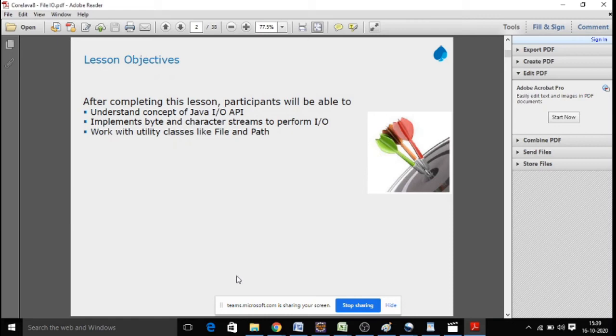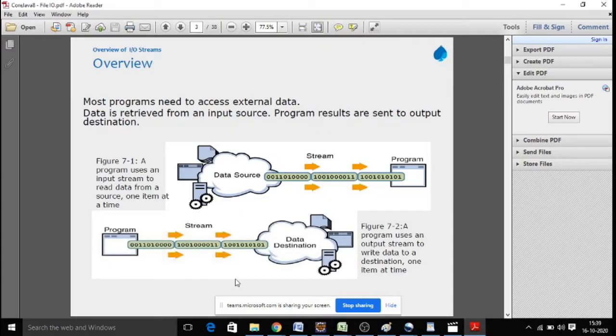Streams is a concept where we perform read and write operations from an external source and write into a destination. In IO streams, we have top-level classes from the java.io package. There is a source from where we can read byte by byte information into our Java program. At the same time, from the Java program, we can write byte by byte into a destination.